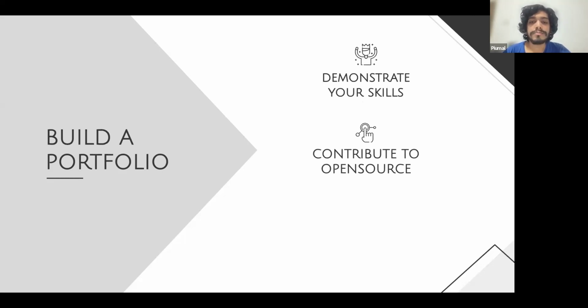Basically, that's how you can show that you have good skills and good experience. For example, when someone is reviewing an application, they will go through a GitHub profile, and they will realize that this person is familiar with these kinds of technologies and uses these kinds of best practices, and that will be a plus point for your application.